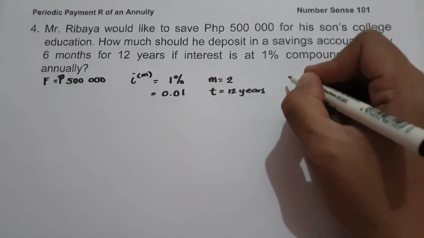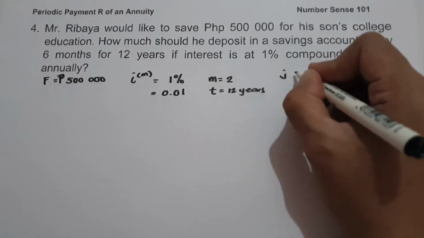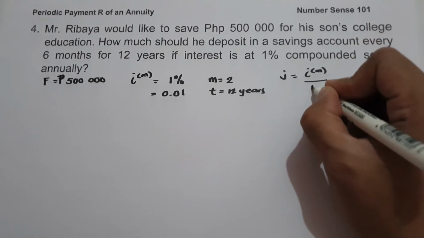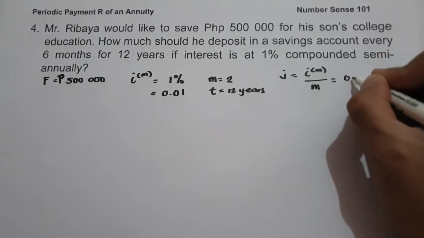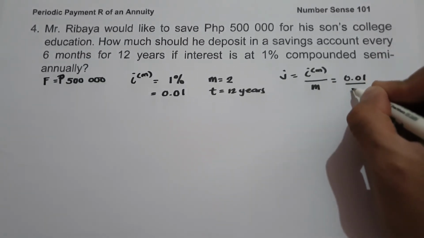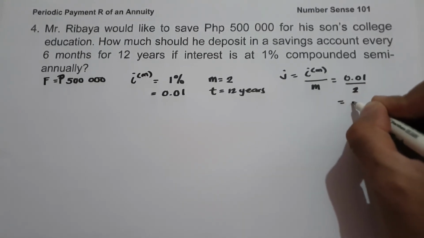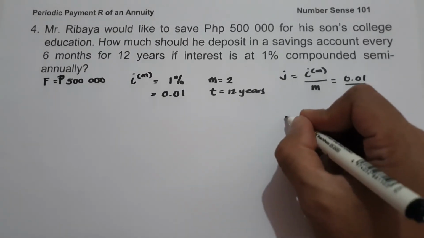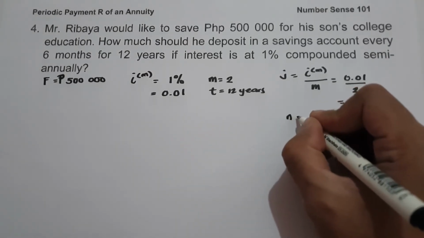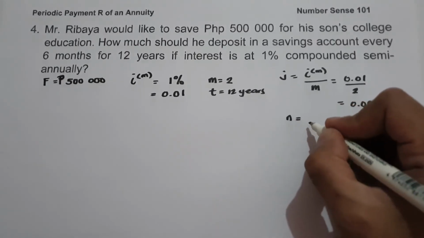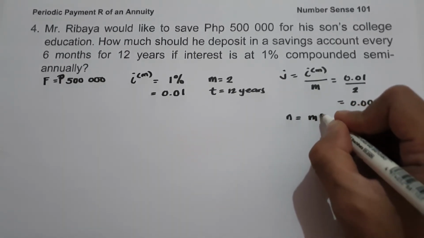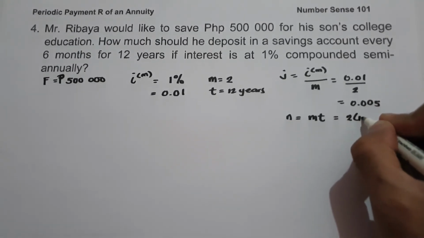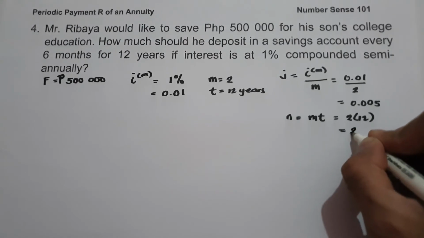And to find the interest rate per period, let us have J equals the annual rate divided by the number of conversion period in a year, that is M. So let us have 0.01 divided by M, that is 2. It will give us 0.005. And to determine the number of payment, that is N, we are going to have N equals number of conversion period in a year multiplied by time. So let us have 2 times 12. It will give us 24